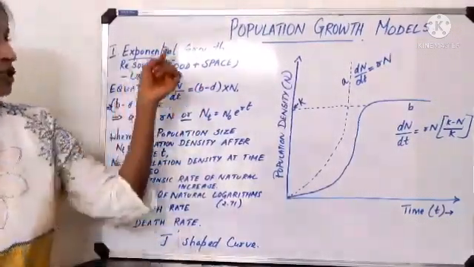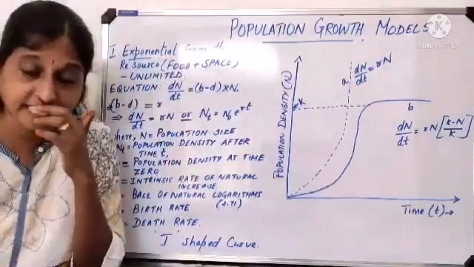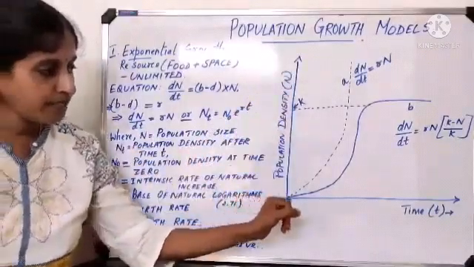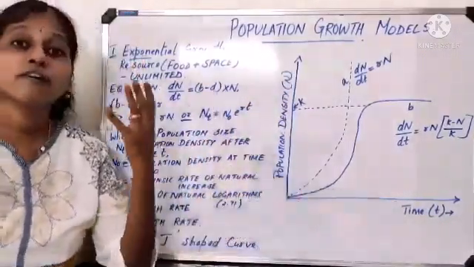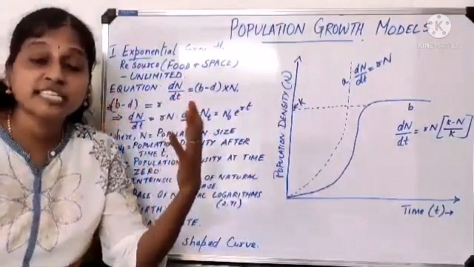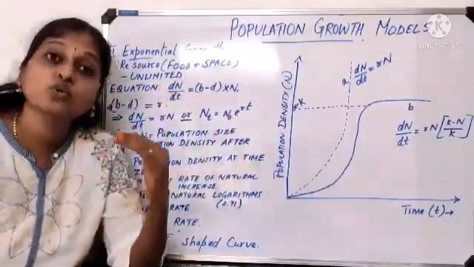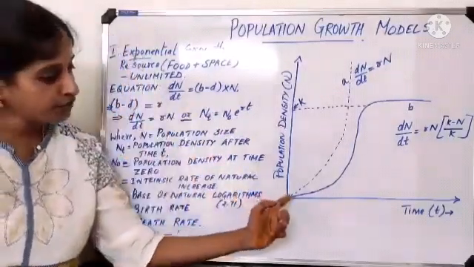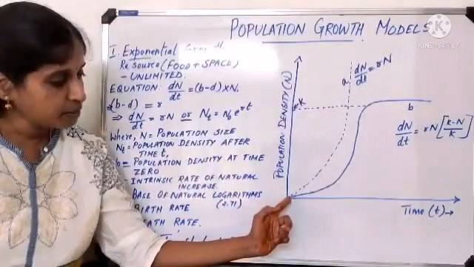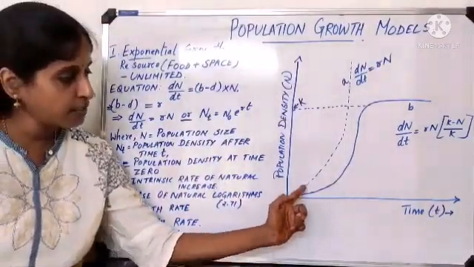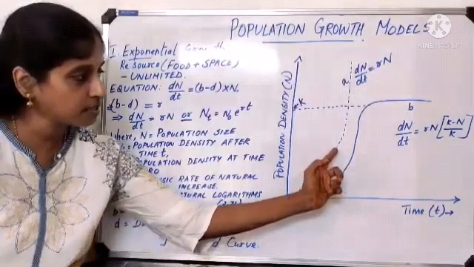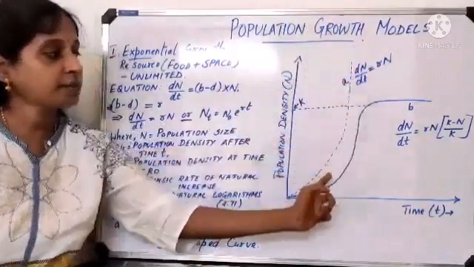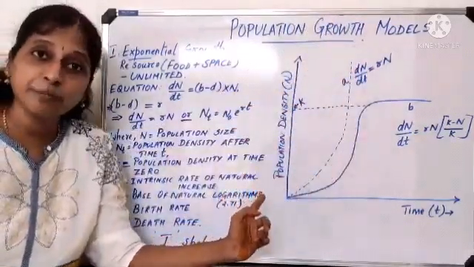And now what is this exponential growth? What does it signify? It signifies that the population density, that is the population, when the time is increasing, if the availability of food resource is much, then the population goes on increasing. It will not come to a standstill, it will not decrease. In the beginning, population was less. Gradually with the time, the population went on increasing. So what shaped curve will you get? You will get a J-shaped curve.